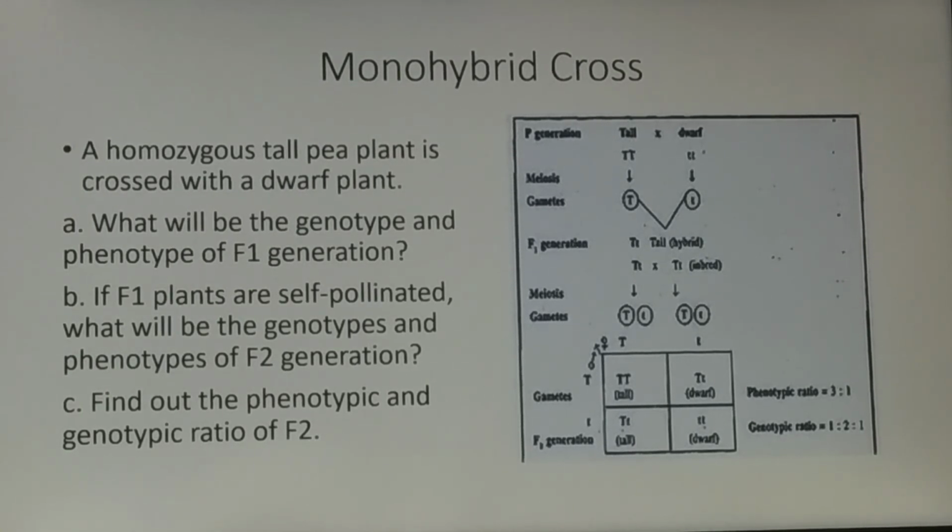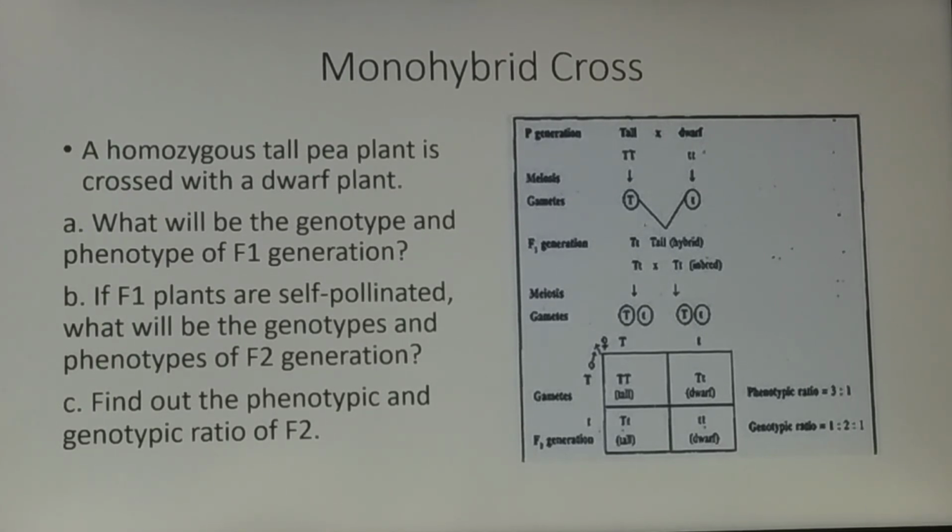Now the first line that you have to write is the phenotype of the parents. It is written there, tall crossed with dwarf. In the question it is given that a tall plant is crossed with a dwarf plant. So in the first line of the answer we write phenotypes: tall crossed with dwarf. The second line, what will we write? We write the genotypes of the parents. In the question it is given homozygous tall. So what will be the genotype? It will be capital T, capital T.